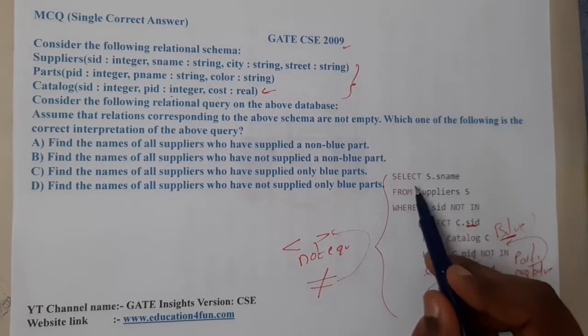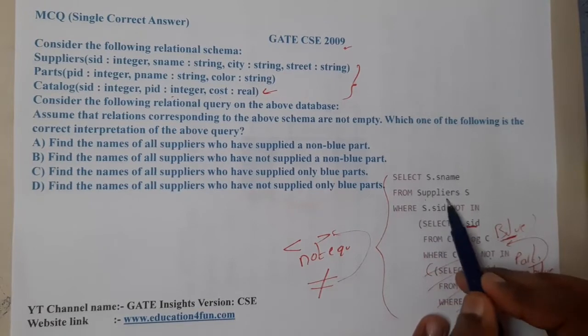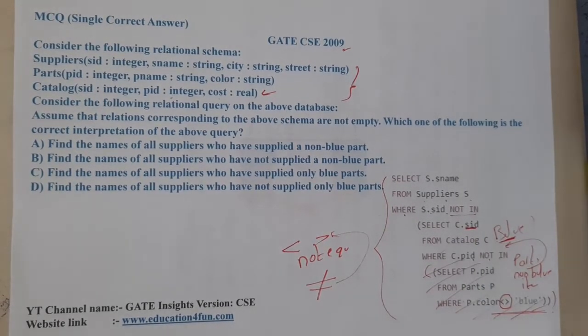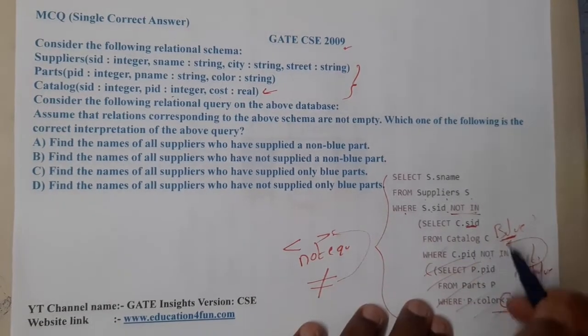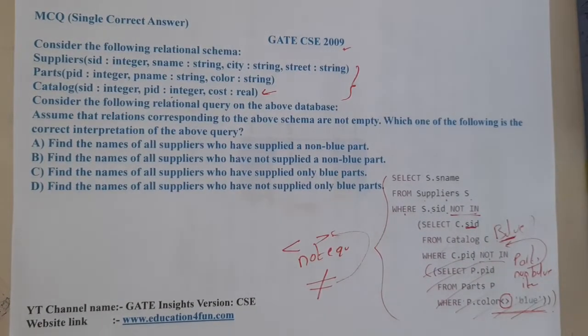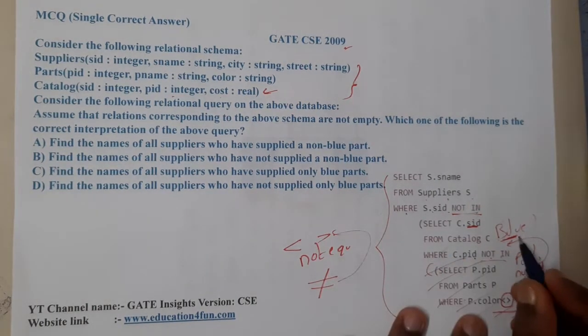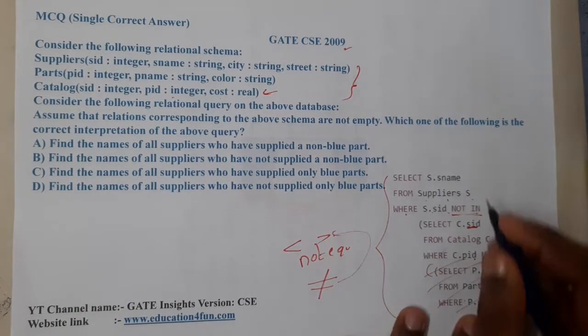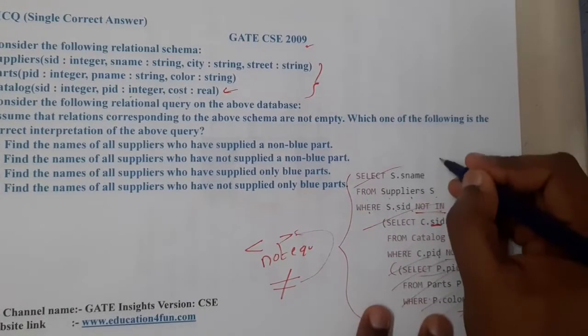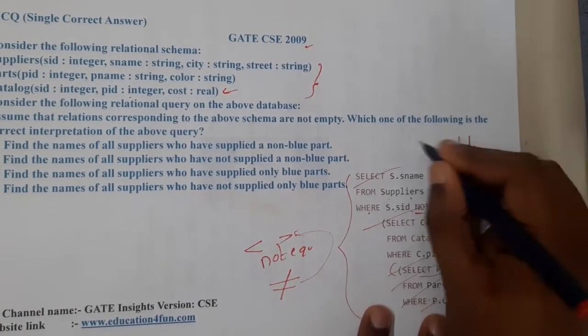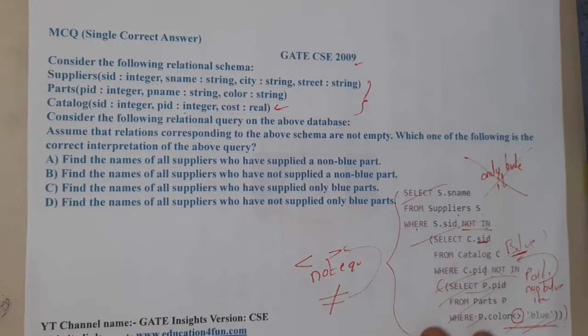After that, what is it doing? Select s.sname from supplier where s.sid is not in. Oh my god, he is literally playing with us, right? First he did not in, and again now he is doing it. So what is he doing now? He is indirectly removing the suppliers who sell only blue items. So the final conclusion is that suppliers selling only blue items are not allowed. Those particular shops are not allowed.